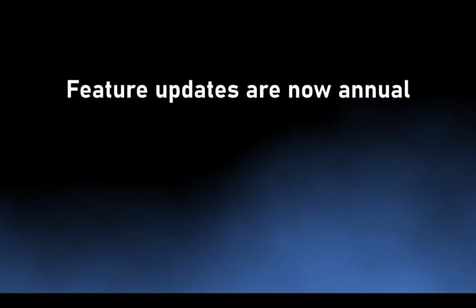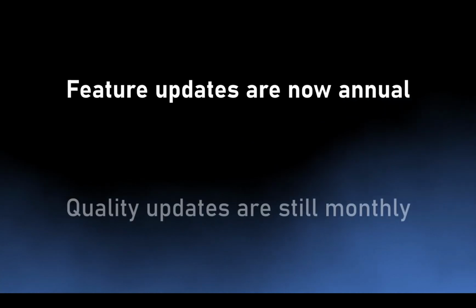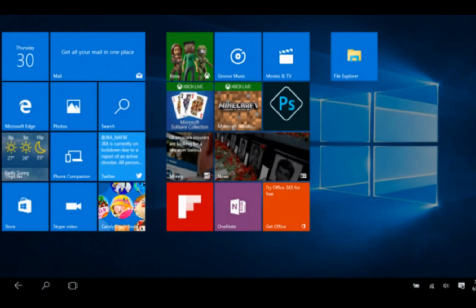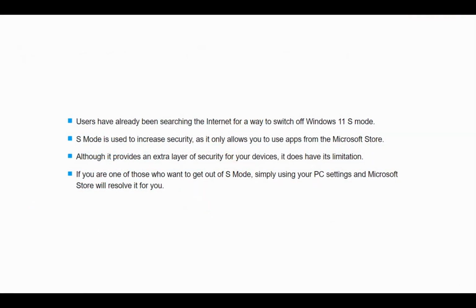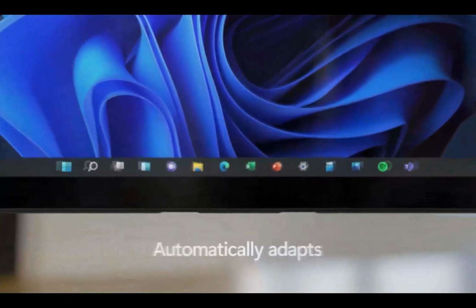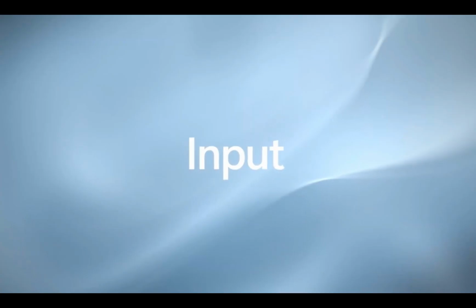Windows 11 feature updates will be released once per year instead of twice, and will still receive monthly quality updates. Tablet mode has been replaced with S mode, and apparently it's a whole new version of Windows, which only runs Windows Store apps. But even more importantly, for touch devices running Windows 11,